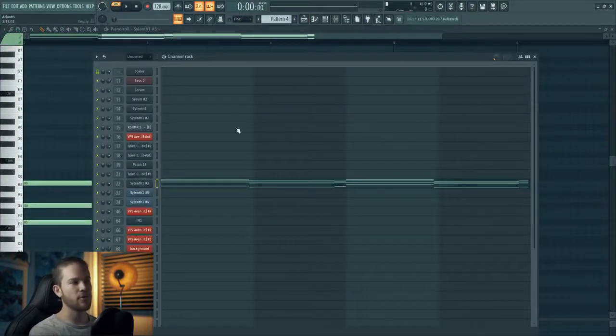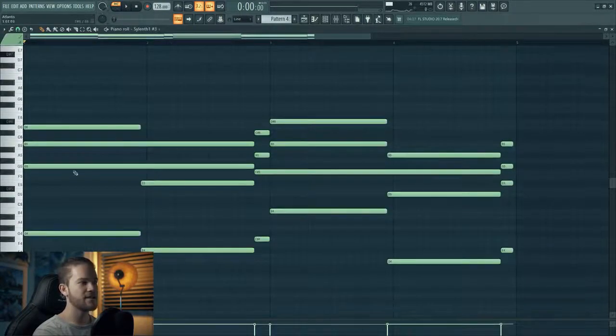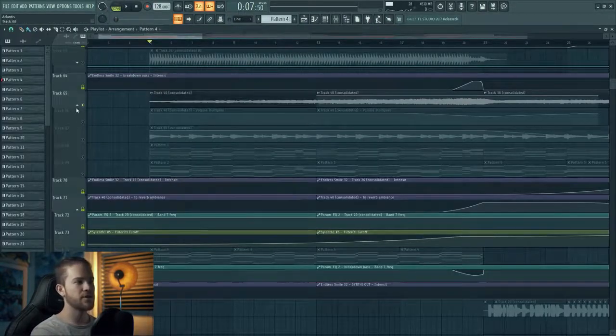After adding the piano chords, I've added the actual chords, of which you can hear during the whole song, and they sound like this. And that's basically it. This is very simple chords, and I had to render it as well because it was just eating up my